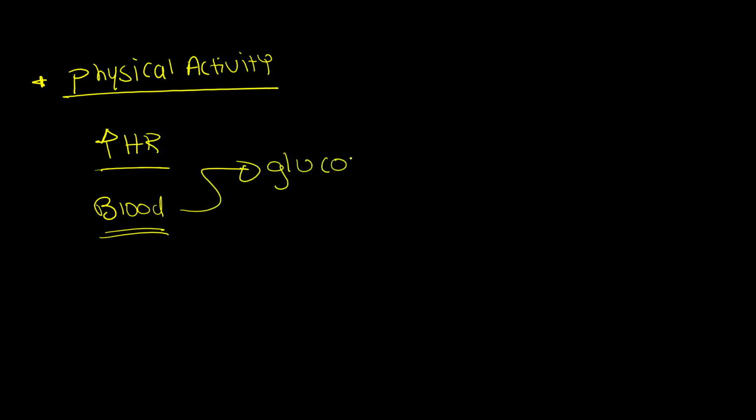Now, also, while we are exercising, we are still in the objective of the physical activity and how it affects our heart rate and the breathing rate. When we are exercising in the gym, what happens to our heart rate? We have a faster heart rate. In other words, the heart will beat faster. Now, the heart carries blood. This means that the blood will be pumped faster. This blood will provide what? Glucose. And this glucose is going to be needed for the muscle contraction.